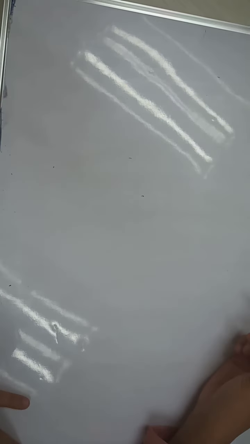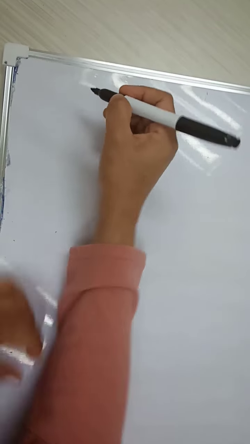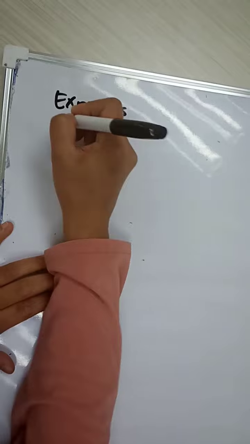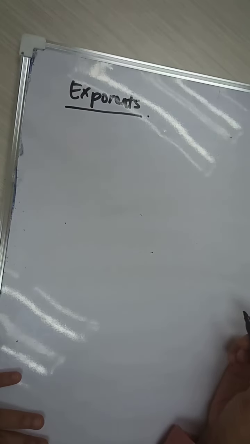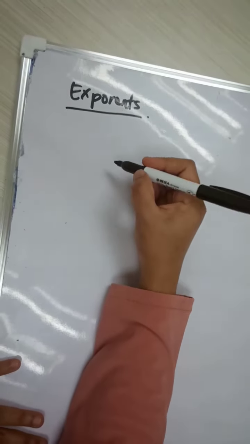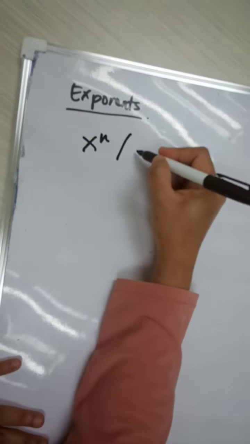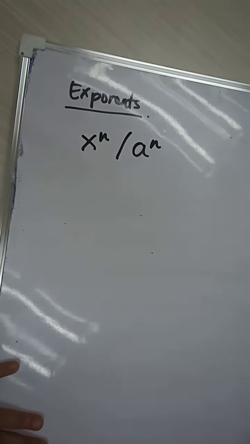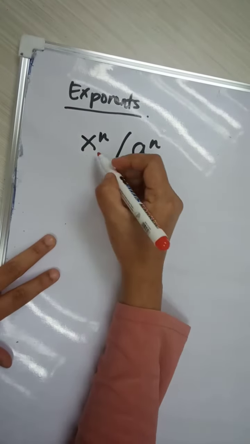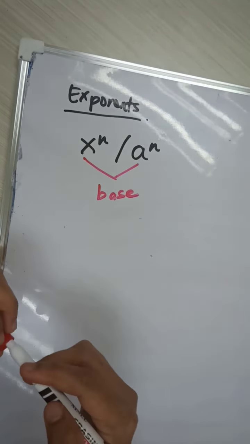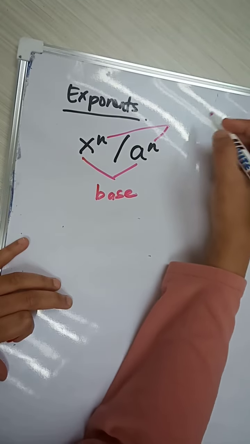But before that, I just want to do some review. Topic exponent 1.1. What is exponents? Basically we know that an exponent is in terms of x power of n or a power of n. What do we call x and a? These two we call the base, and the power itself we call the